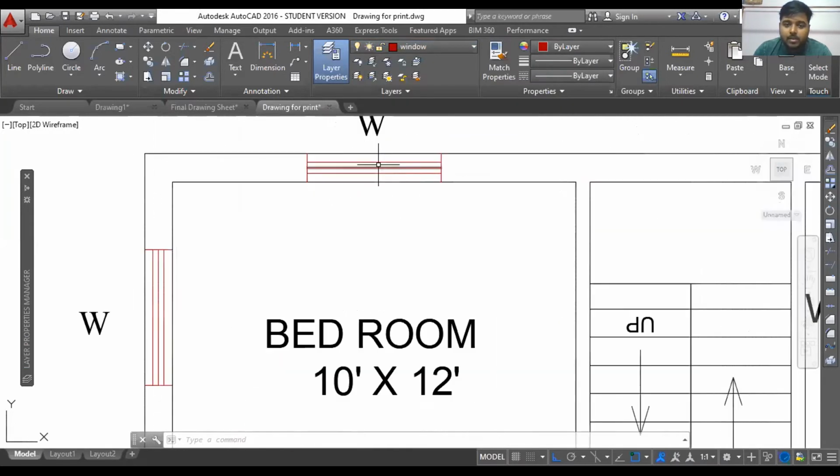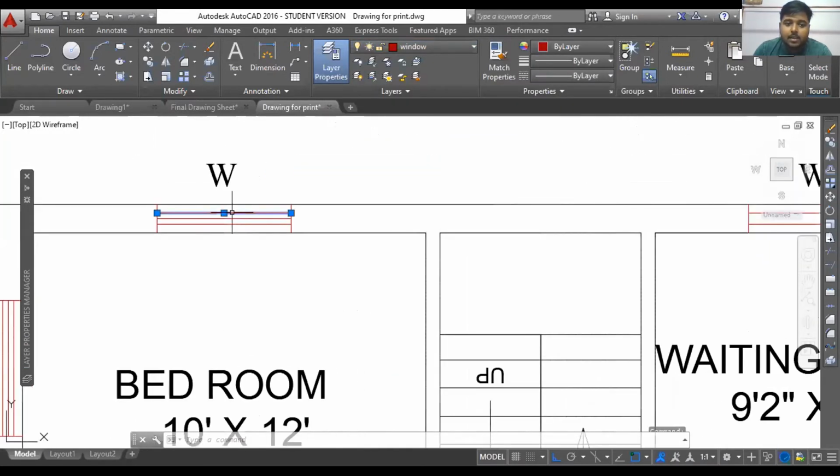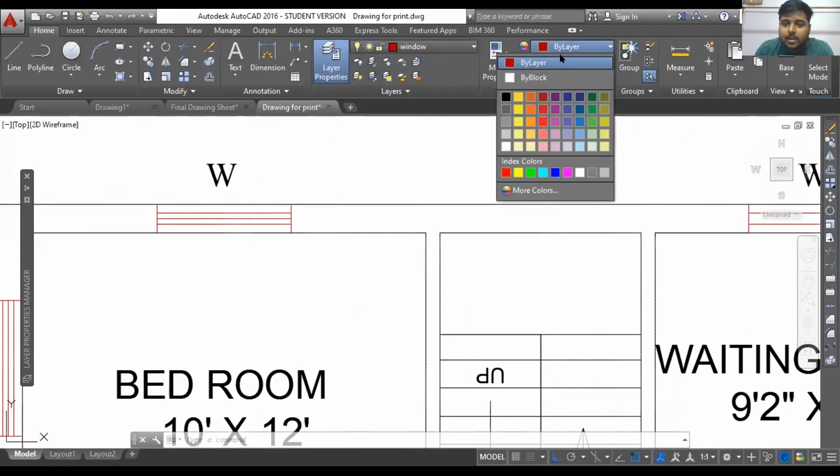Okay, so basically, what does this particular line mean? It is coming under a window, so this line is inside the window layer, that is why. And in the color option where you can change the color of that line, it says by layer. If this by layer option is selected, the color of the line will be decided by the layer.